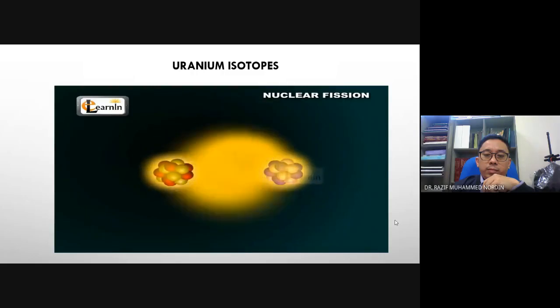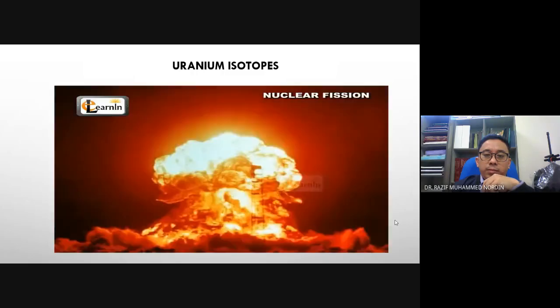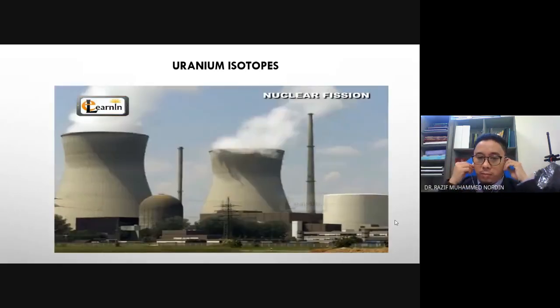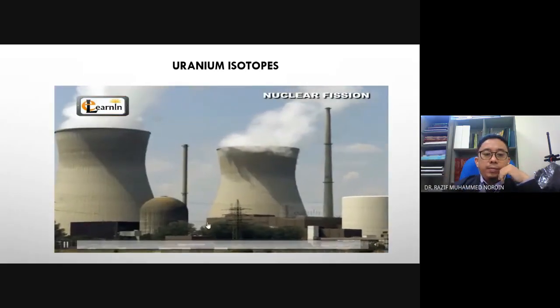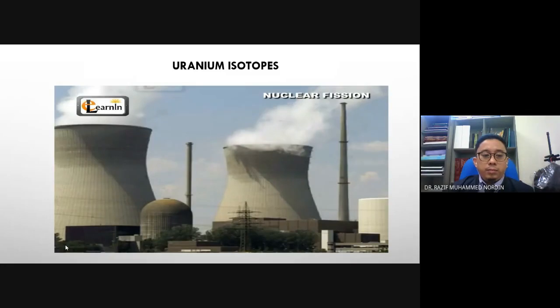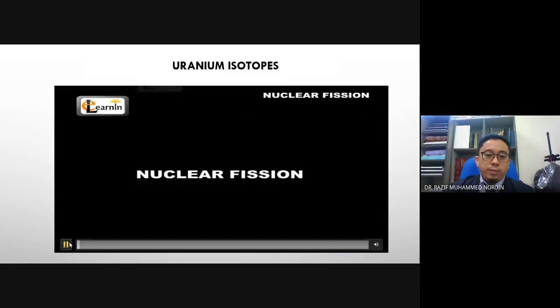Now, these nuclear reactions are most well known for the part they play in nuclear bombs, but they are also an essential part of nuclear reactors, which have the capability to provide mass amounts of energy with relatively low cost. But that's a different topic altogether. In this video, we're going to talk about